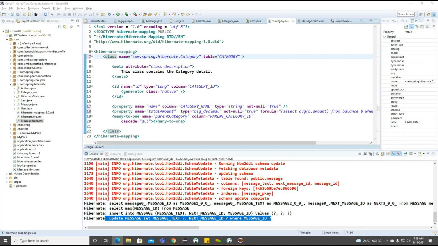And whenever we are trying to insert this particular value into the table called category, what it will do internally is going to insert the value of the unmodified property. Whenever we are having any unmodifiable property, those values also it's going to inject into the table called category. So for this particular purpose, we can go for the dynamic insert and dynamic update here. These are the two attributes we are having.